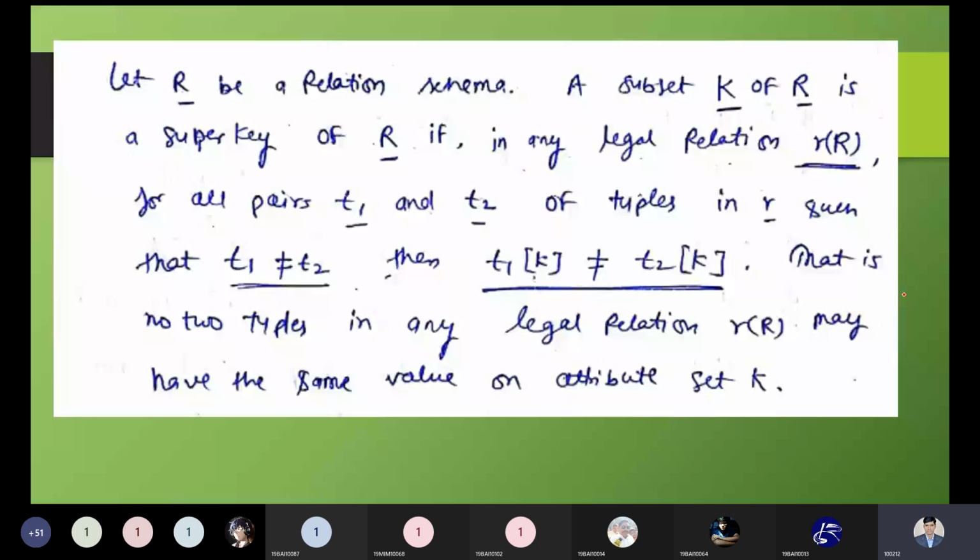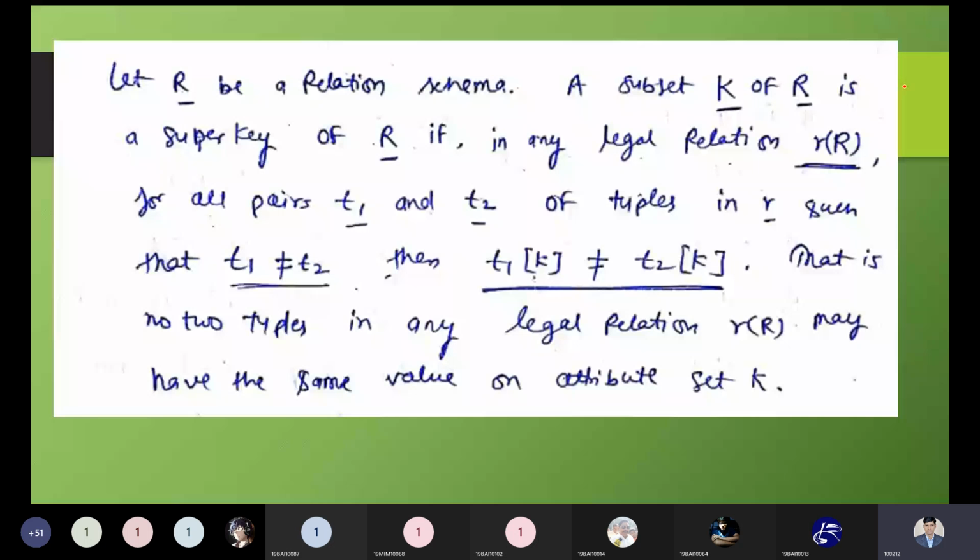Let R be a relation schema and a subset K of R be a super key of R. Now, what is a super key? We have seen that a super key is also a key which defines the uniqueness of a combination of attributes. We have seen all the keys: the super key, candidate key, and primary key. And of course, in the coming slides, we also have the composite key as well. So a subset K of R is a super key of R if, in any legal relation,